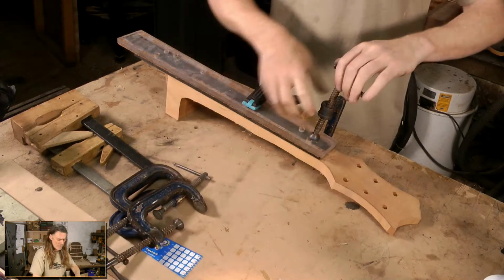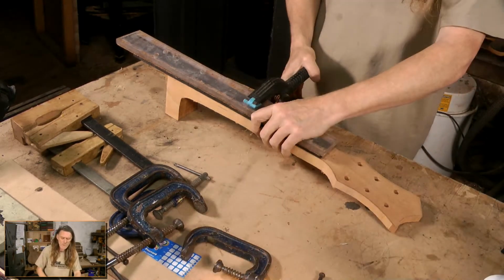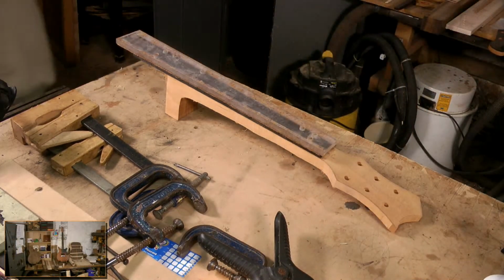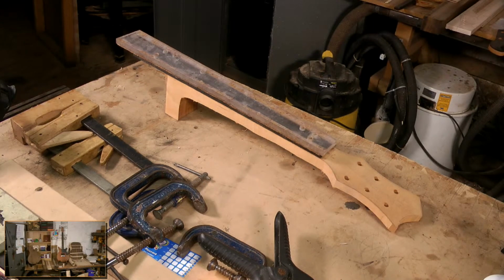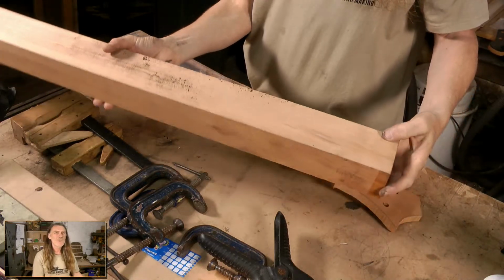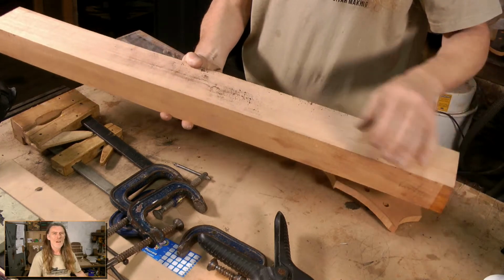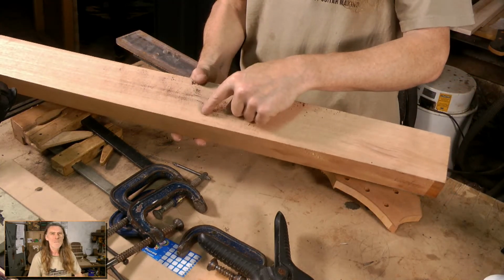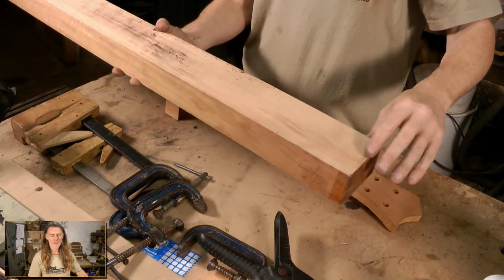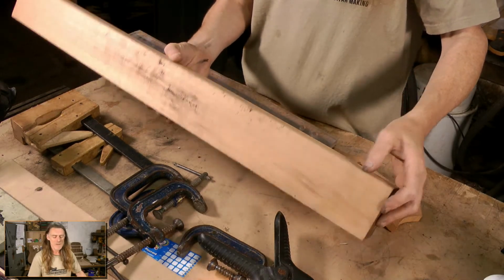So what you were hinting at is wood is always on the move. Wood is basically like a sponge. Let me show you a neck blank that we would start with. It's a great big chunk of wood. If you imagine wood's like a sponge, it's always wetter in the middle than the edges. There's not a lot you can do about that except leave it for a long amount of time. But even then,